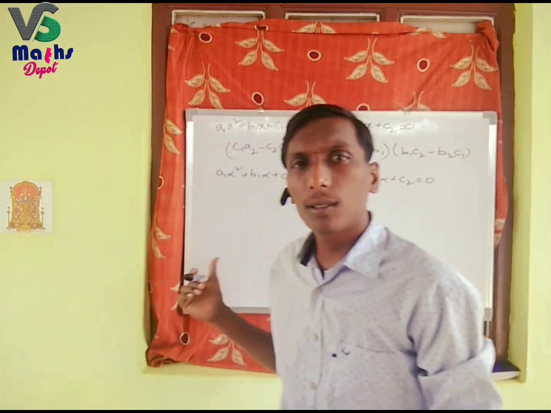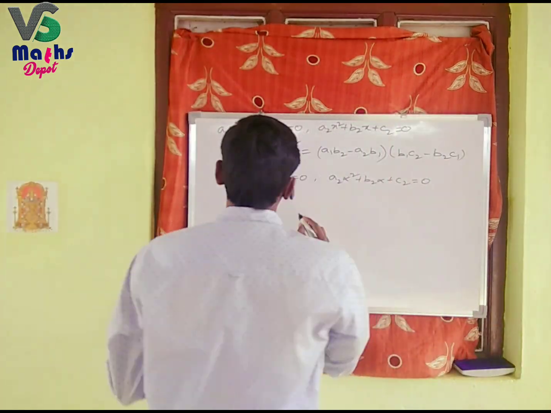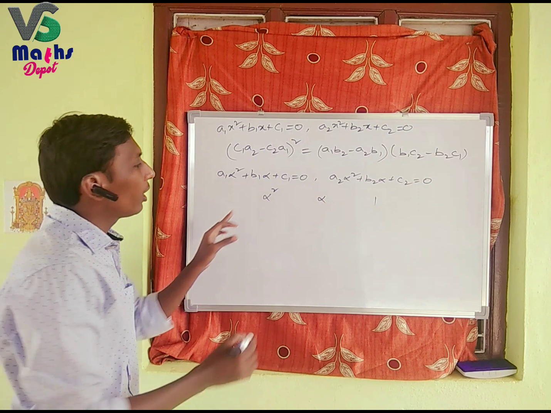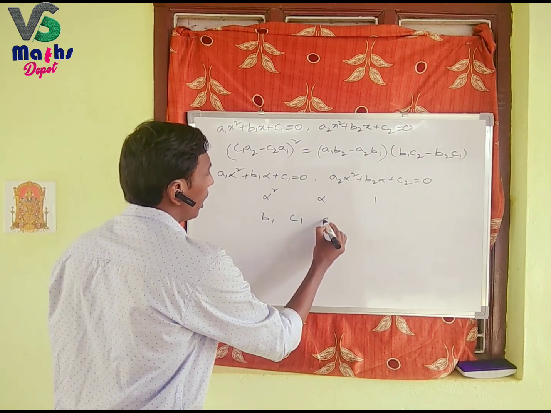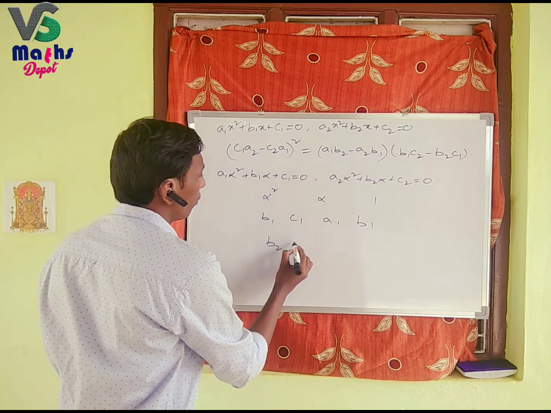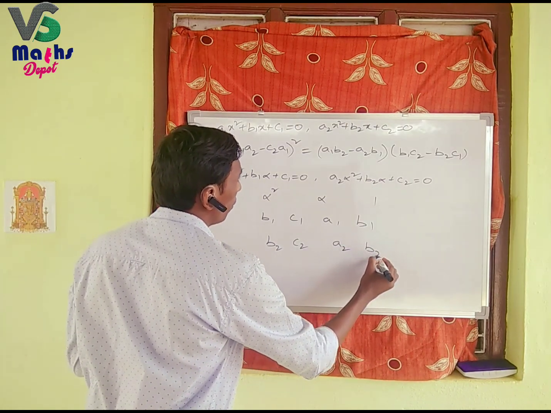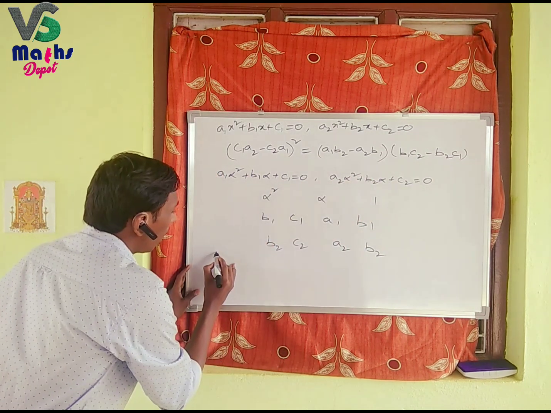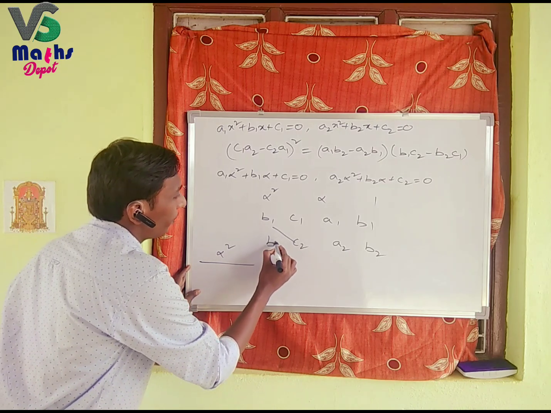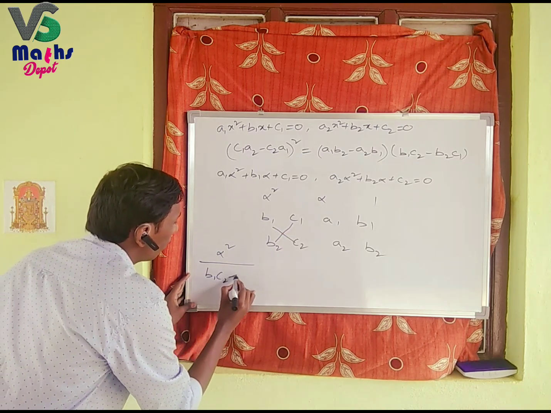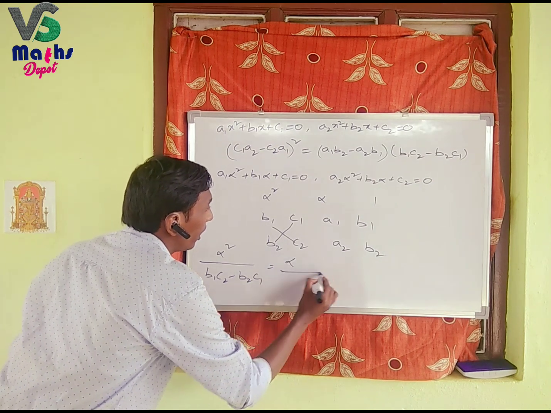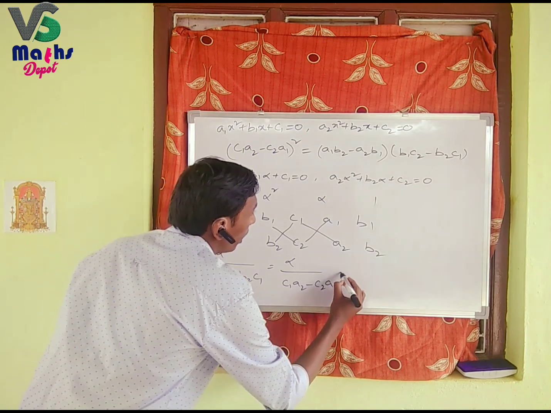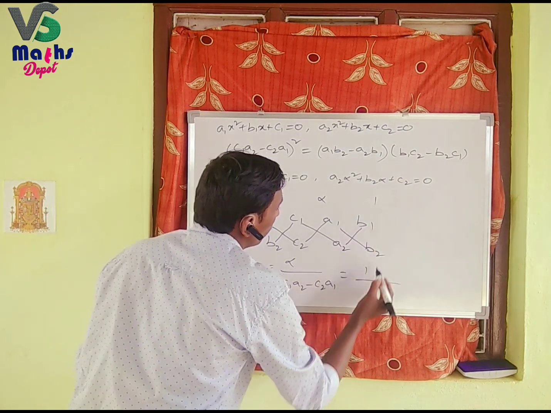Solving these two equations by the cross multiplication method, let us see. So now alpha square, alpha, 1. Starting from here, b1 c1 a1 b1 and b2 c2 a2 b2. Now alpha square by this one into this one minus this one into this one, b1 c2 minus b2 c1, is equal to alpha by c1 a2 minus c2 a1, is equal to 1 by a1